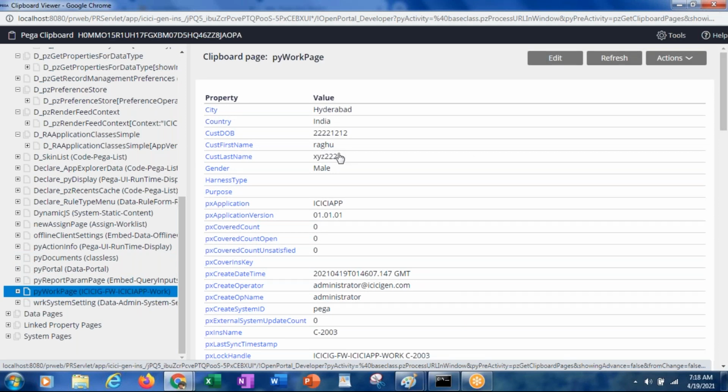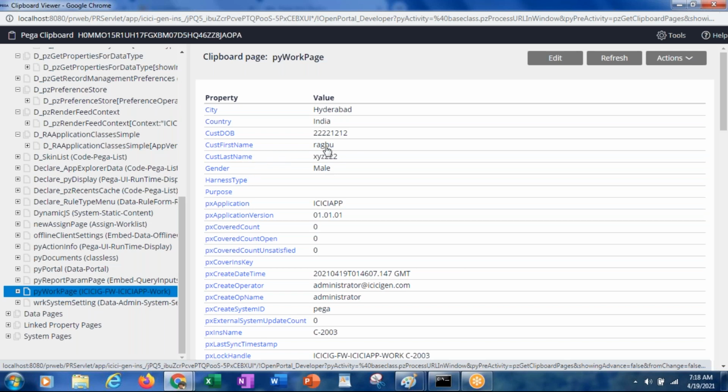See there, Raghu XYZ 222. That means if you update in the first flow action, that is reflected in the second flow action. If you update in the second flow action, that is reflected in the first flow action. So everywhere it is referring to the same properties, so wherever you update the values, it is going to change.